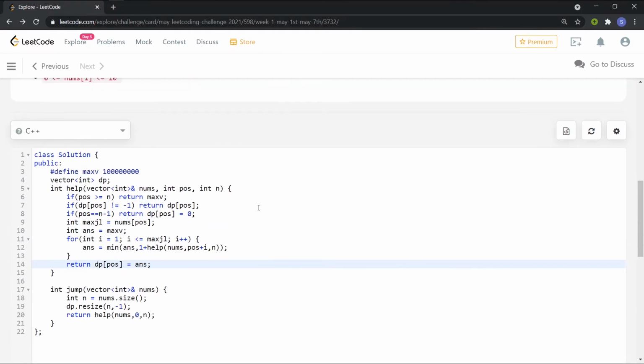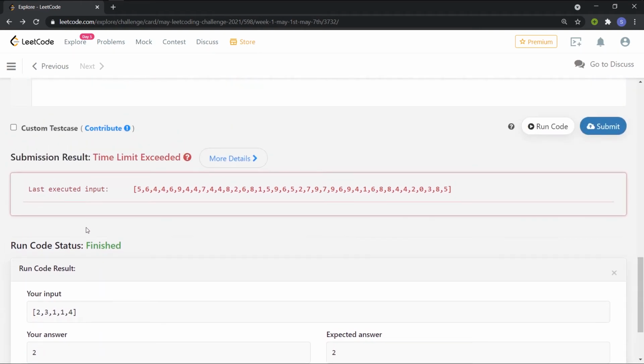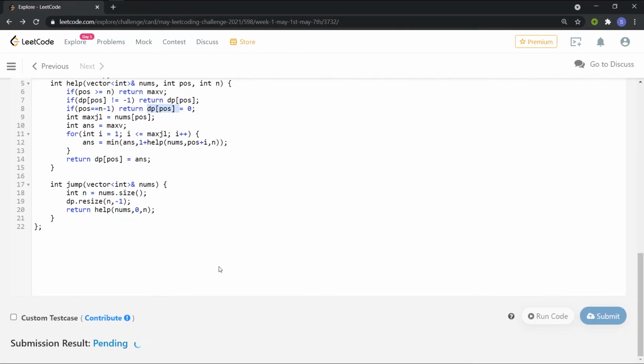Let's see if it is correct. Basically we have memoized it. What I did was define a DP array. Then I checked if the DP array is already initialized with the required value, and if so I directly return it. No need to calculate it again and again. And if it hasn't been updated, then during the return statement itself, I first update it and then return it. That's it. Now let me submit it and see if it is working or not.